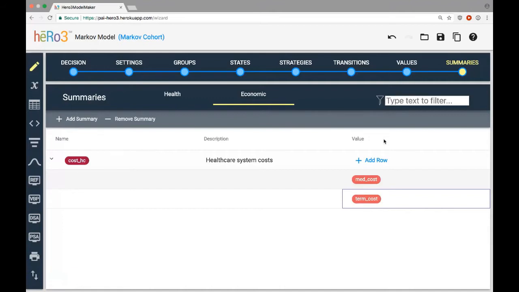Just as a note, there have been some models that have been submitted to NICE, I believe, using R, actual, fully scripted models developed using R, and I do believe they will accept them. There has not been an HTA submission based on the heRo3 platform specifically yet. However, we are reaching out to HTA agencies to, of course, bring them on board. And this is something that, ultimately I think could be the basis of HTA submissions.